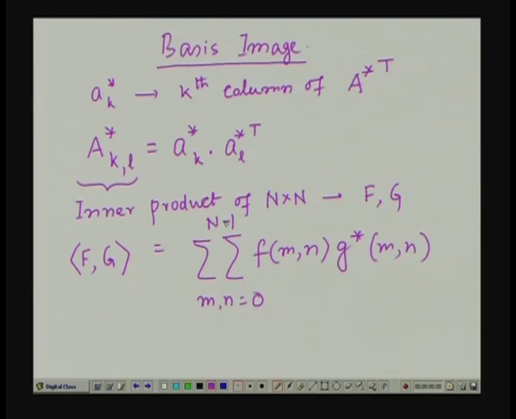So, we define the inner product of two matrices F and G in the form of F m n G star m n, where both m and n vary from 0 to capital N minus 1. So, now by using these two definitions,